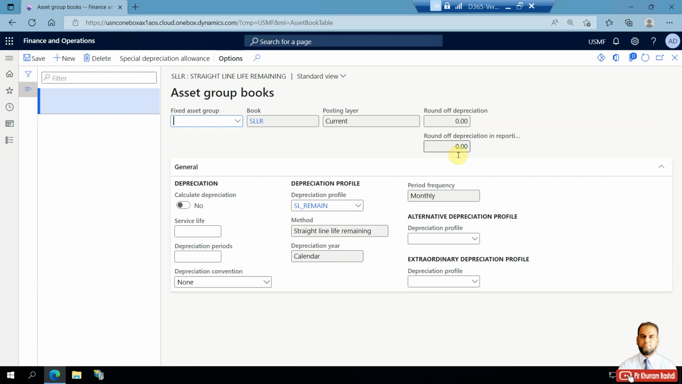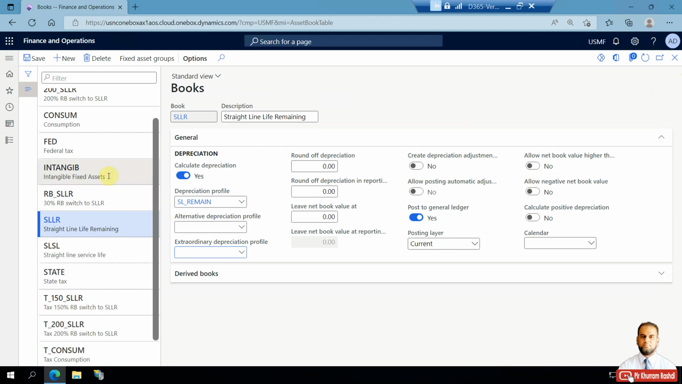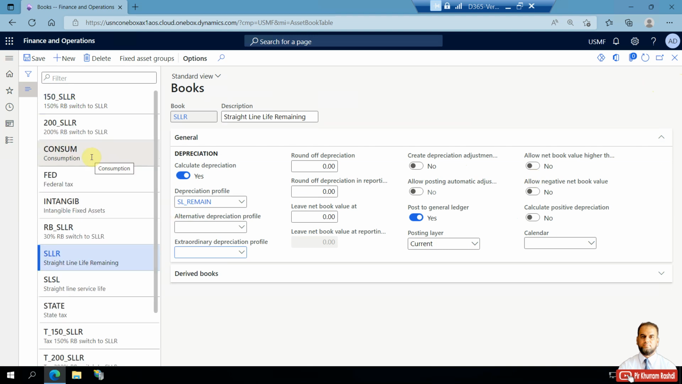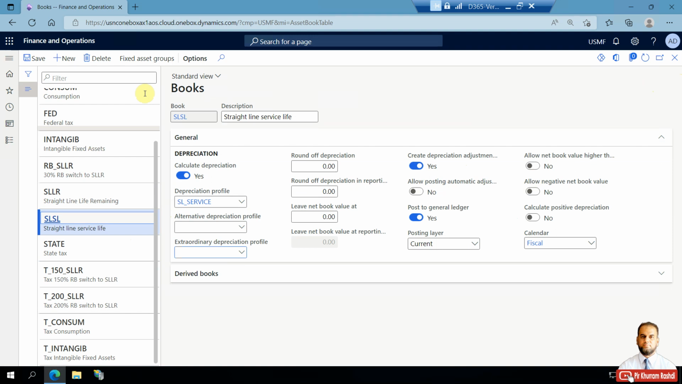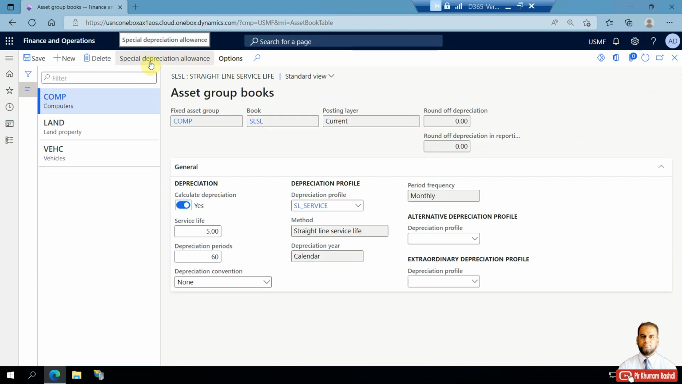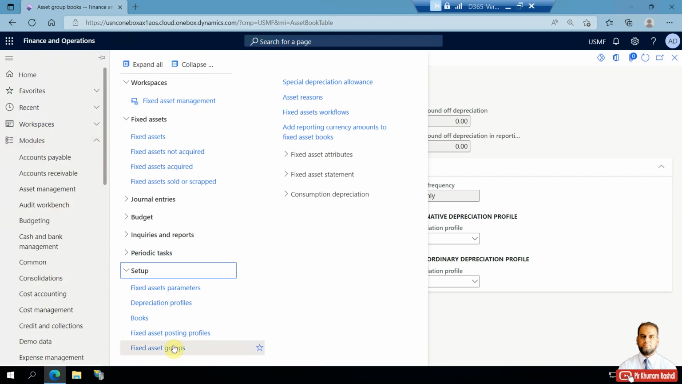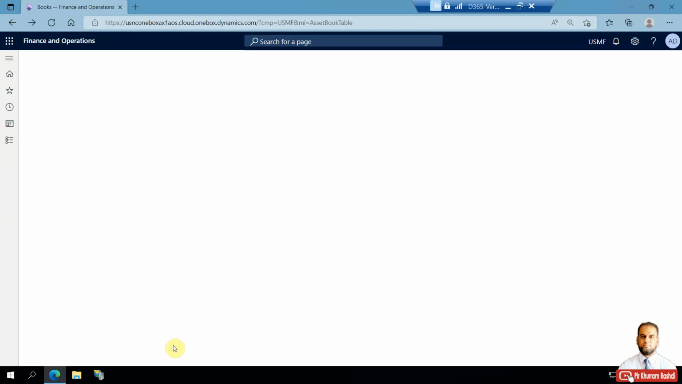So here you can see there are no asset group books available. But if you go to, for example, straight line service life, here you can see that these are various fixed asset groups in which the same depreciation profile is defined. So land, vehicles and computers define the same SL depreciation profile. Similarly, if I go to the fixed asset groups level,